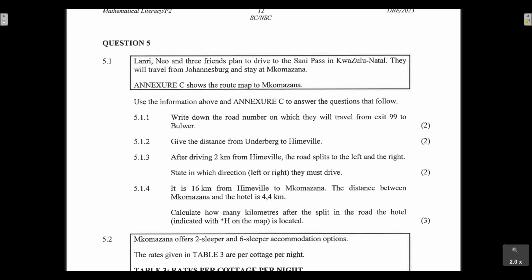Guys, I've been saying, when you're doing mathematical literacy, at this point, you need to have a highlighter. You need to learn that in every question, you need to highlight the keywords, the key things that are given in your statement and in your question. So here we are told Lanri, Nell, and three friends. So we can already see that it's 5 people that are going to be traveling together. They are driving to the Sunny Pass in KwaZulu-Natal, and they will travel from Johannesburg, and they will stay at